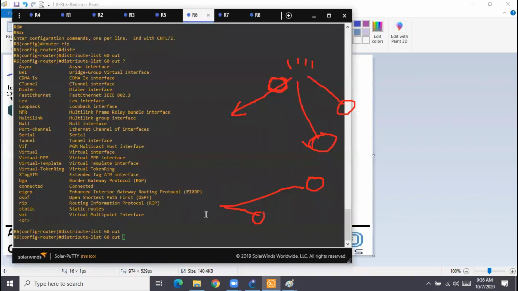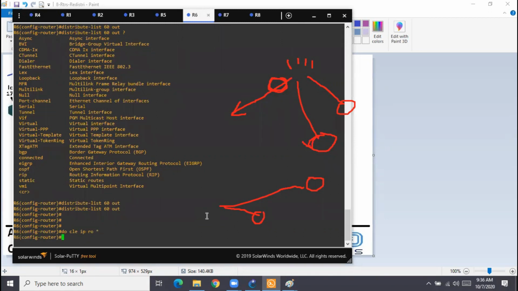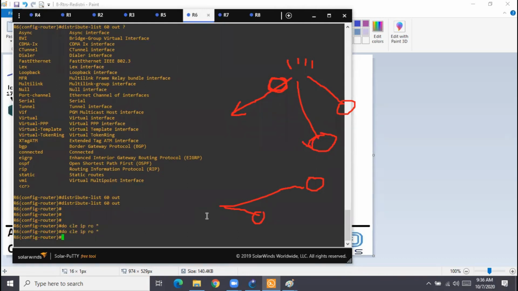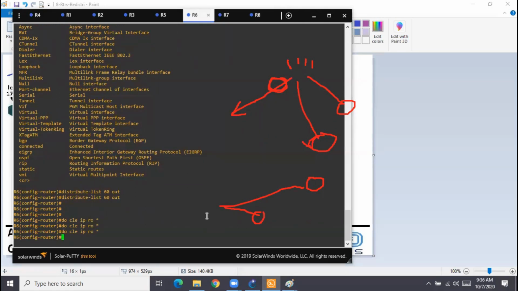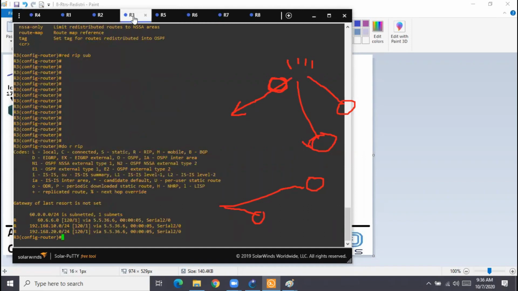Let us keep it global instead of wasting time. Done. Did I clearly specify the access list? No. In RIP, sometimes when you do some configuration, it doesn't happen immediately, so you sometimes need to refresh the routing table. Clear IP route star, maybe 2 or 3 times. Let us see now. I applied the filter on RIP in the out direction, but the access list is not created.